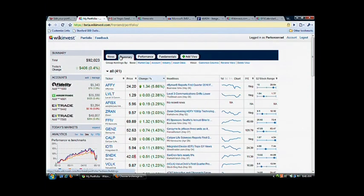You get a page that shows you all of your investments in one place from multiple different accounts. And you'll notice a couple things here. The first is that we are pushing live real-time market data directly to the browser. So as stock prices change in the market, the prices and the values of your holdings are changing here. And same thing with news. We pull news from over 500 sources. When news stories show up about companies in your portfolio, they animate in right here, and you never have to